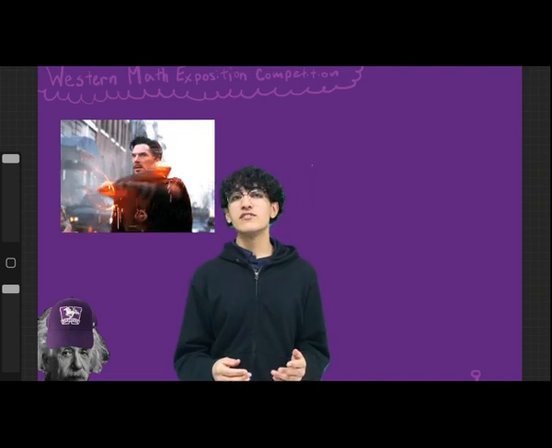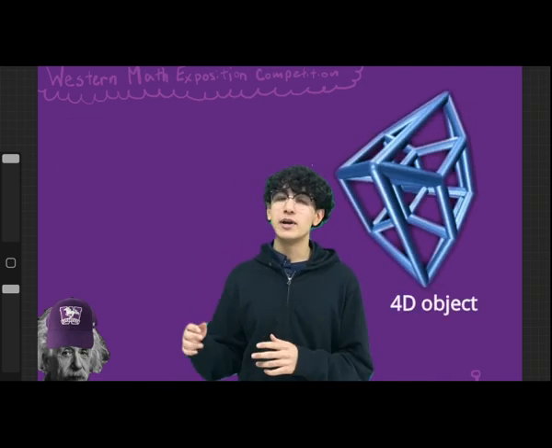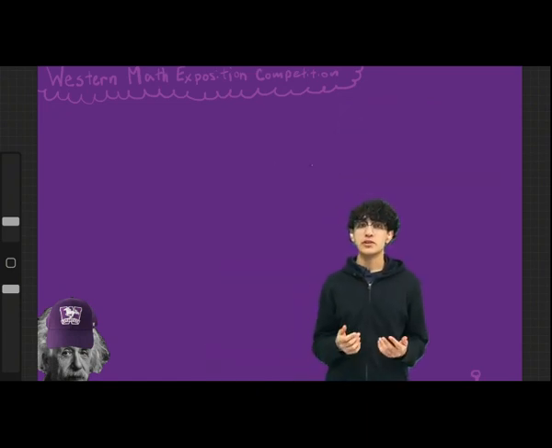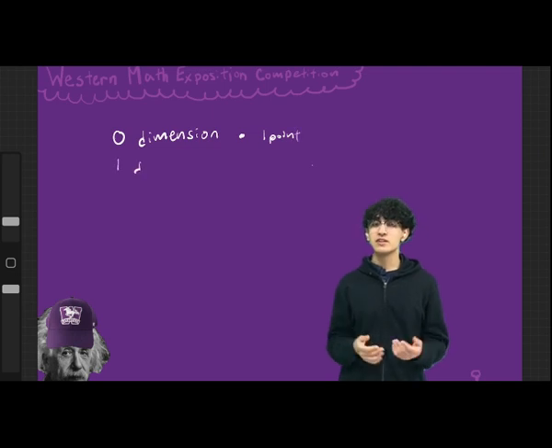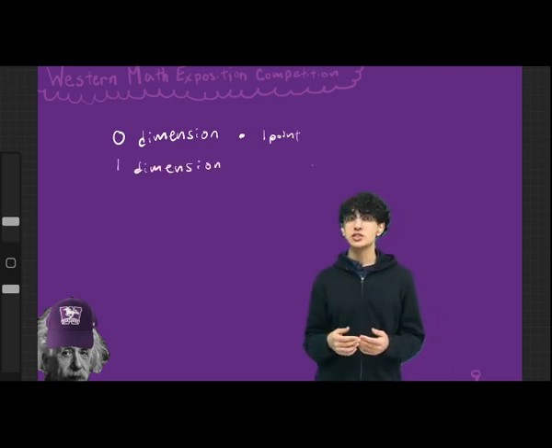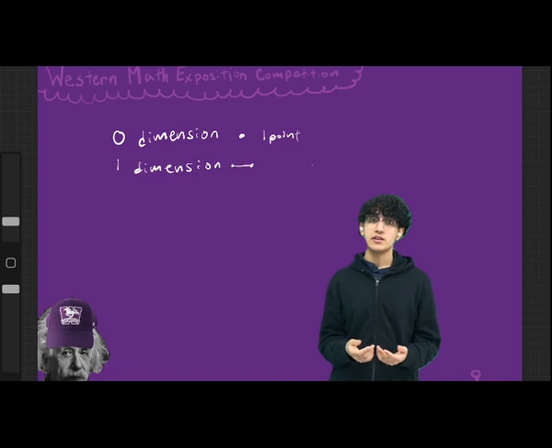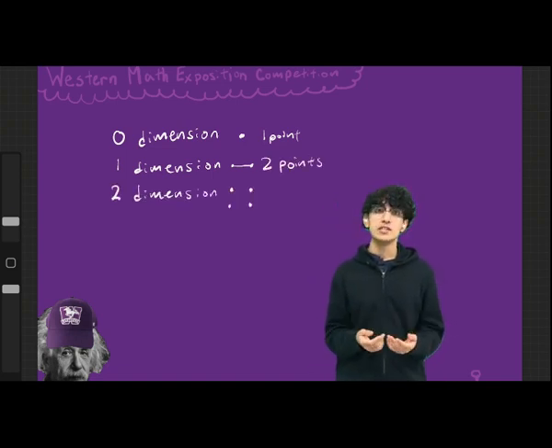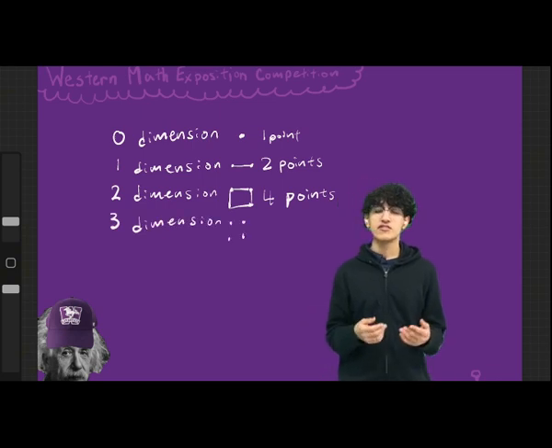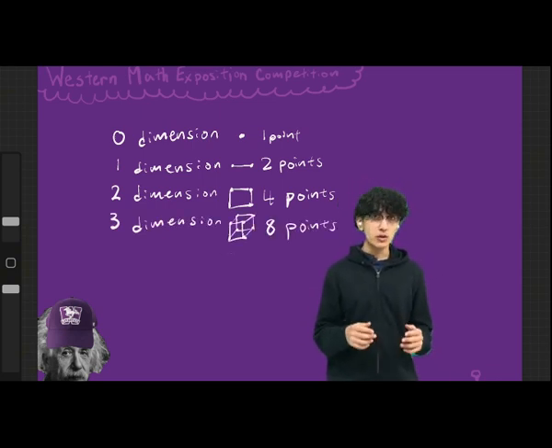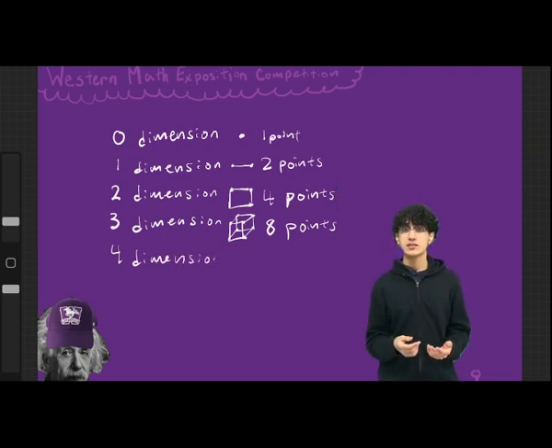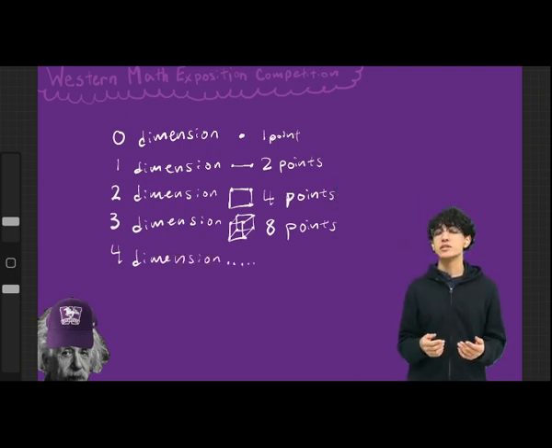To best understand the fourth dimension, we need to look at the geometric progressions of a fourth dimensional object. Take a zero-dimensional point. It has no width, depth, or height. It's just a singular point in space-time. Adding another zero-dimensional point gives us a one-dimensional line, now with the property of length. 2 more points and we have a two-dimensional square. 4 more points gives us a three-dimensional cube. And by following this pattern, we can infer that a fourth-dimensional object, often referred to as a tesseract, would be an object with 16 zero-dimensional points.